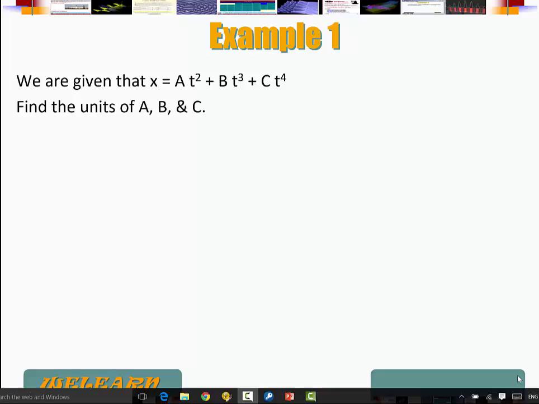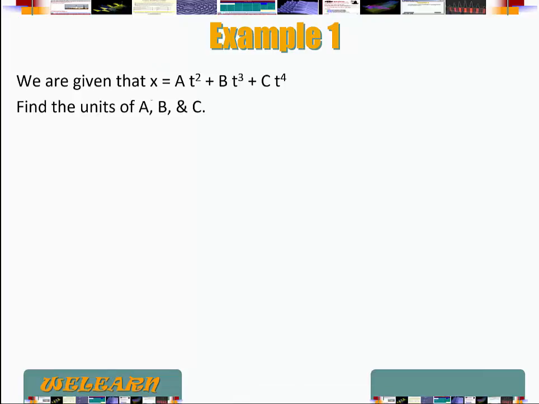In this example, we are given the quantity x that is equal to a times t squared plus b t to the power 3 plus c t to the power 4. X here is designating position, so it is a length, and t is a time. Now, to find the units of a, b, and c, what we need to remember is both sides of the